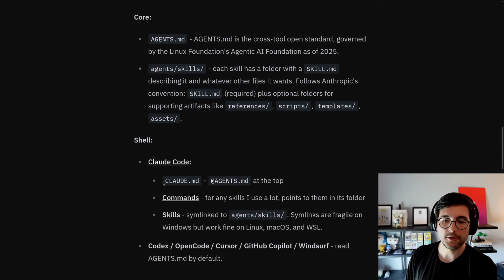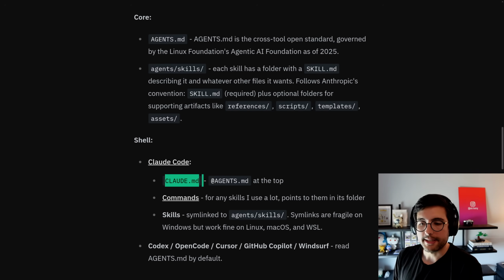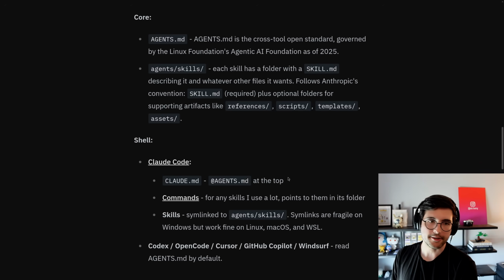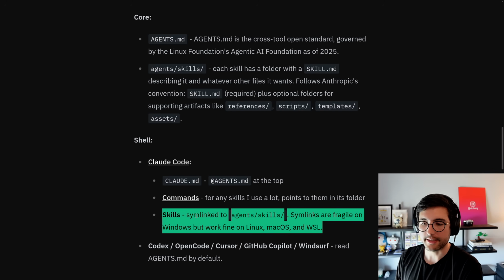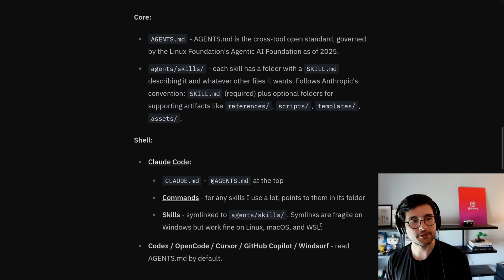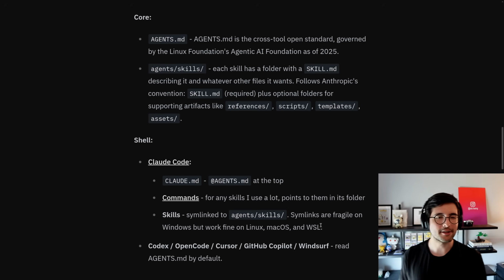And then shell examples with Claude Code. Instead of my Claude MD, I have this @agentsmd at the top, and this is basically an import. Claude is just a little specific about symlinks. They recommend doing this @agent, so that's what I did. And then for commands, I just have them in there, and then the skills just get symlinked. Do note that this is fragile, but not that fragile. Like, it's fragile on Windows, but